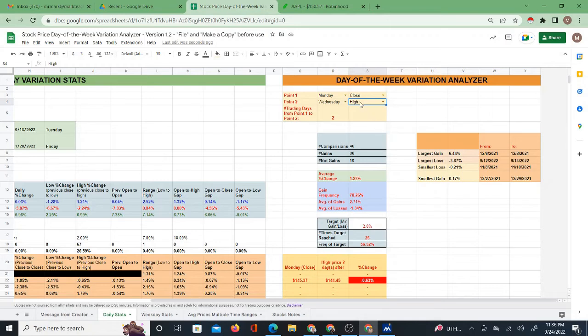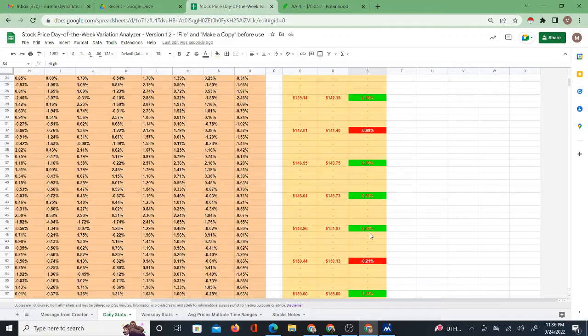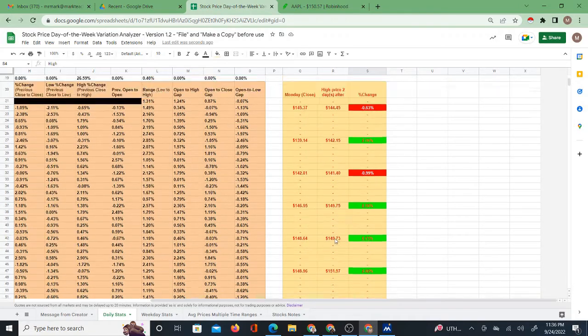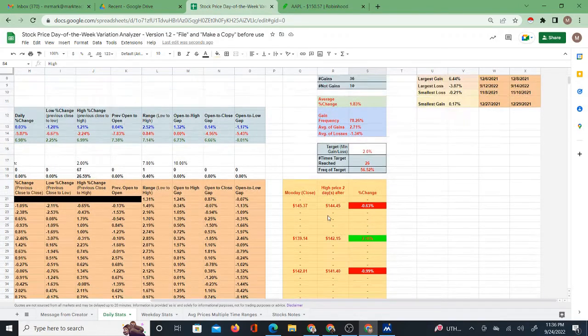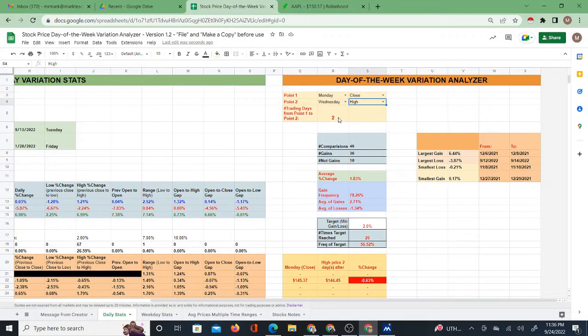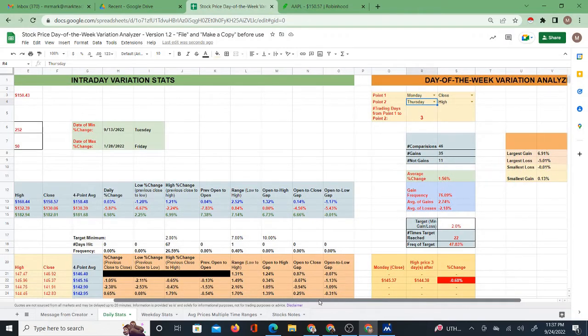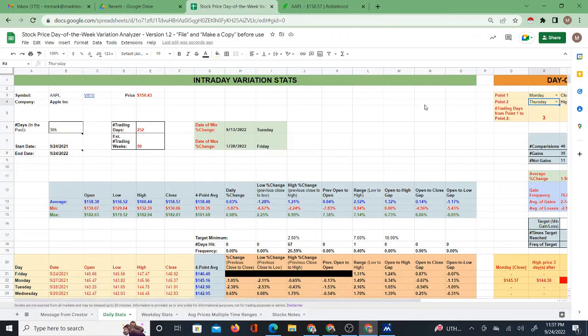So I changed this to Wednesday high, and now you can see the differences. This frequency, all these numbers are going to be different. You're going to see different things down here because now you're looking at high prices on Wednesday instead of close. And you can even change the day of the week. Thursday, you can do all these different things and see how things change. And it's very interesting and again potentially useful. And that's basically the main